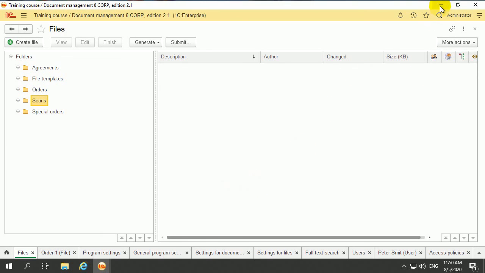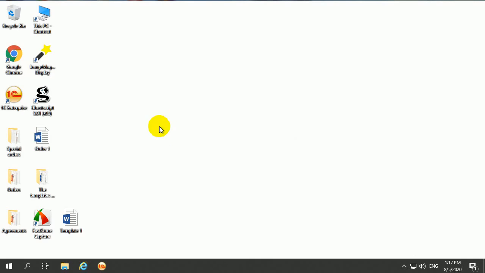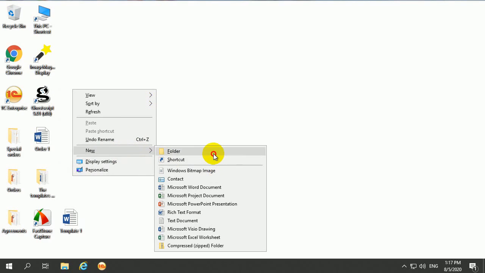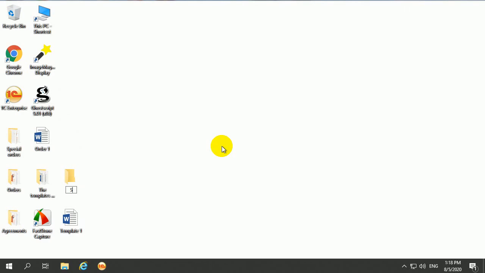Let's create the folder on the server. Let's create a folder scans on the desktop. Scans, and we need